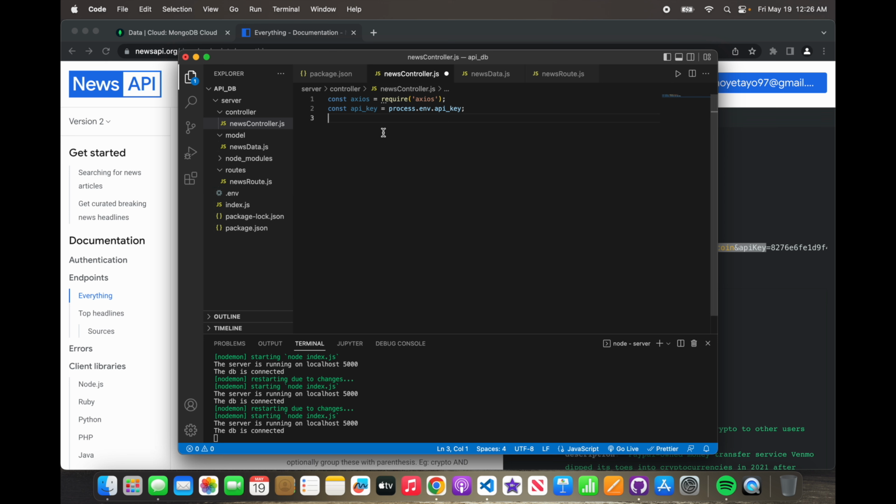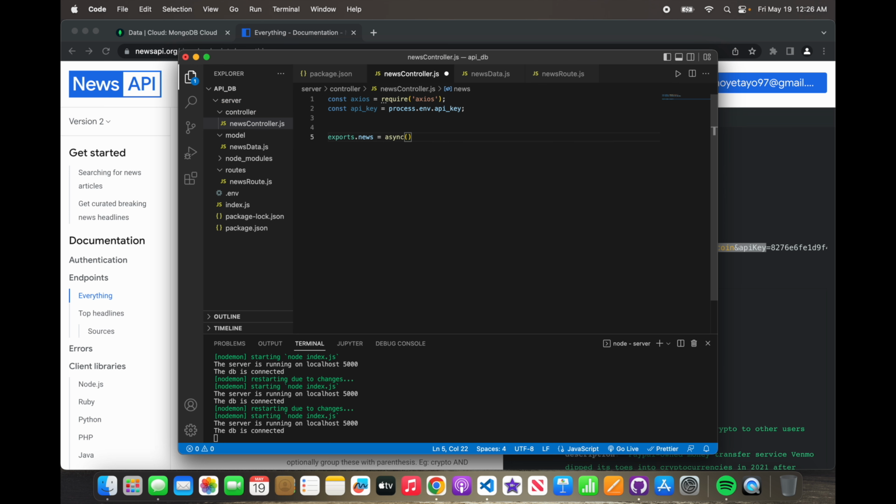We can just go to exports.news, because we're going to be exporting this into the router. So in here, we're going to be using it. We're going to be saying exports.news, sorry, is equal to